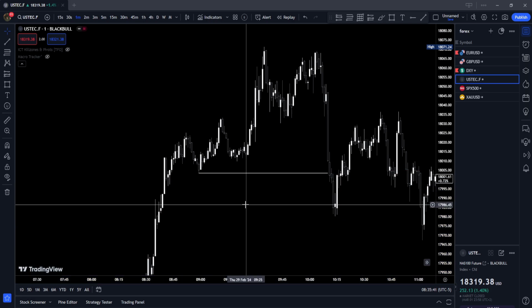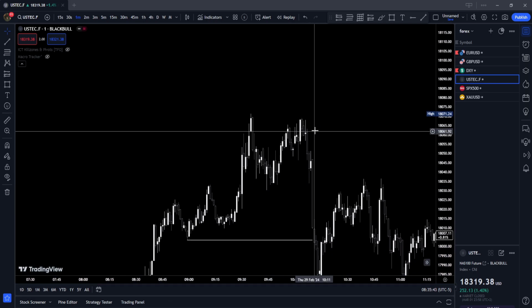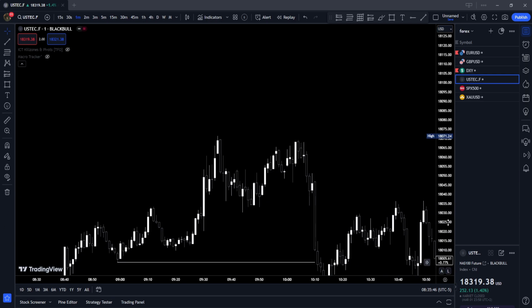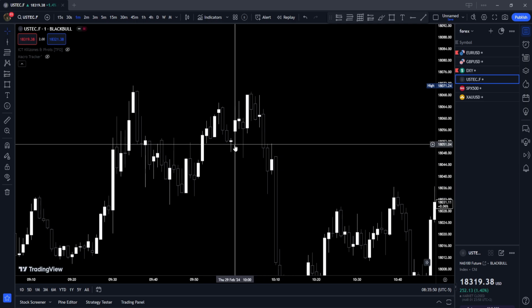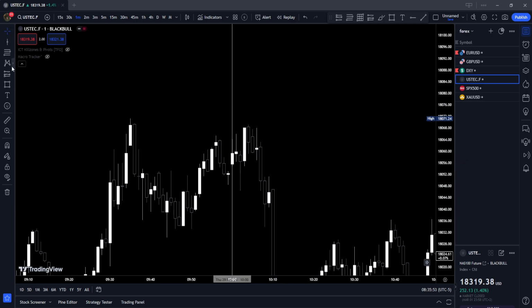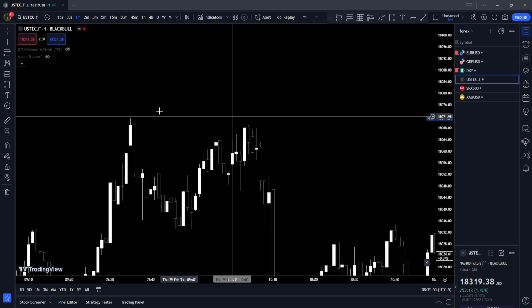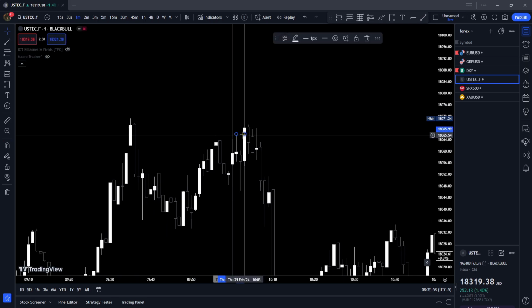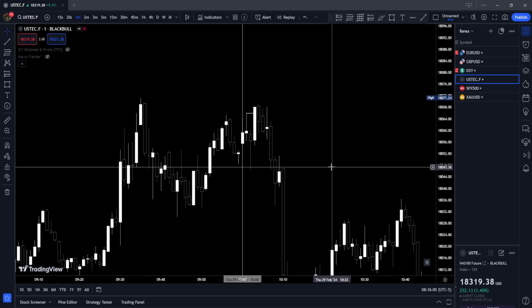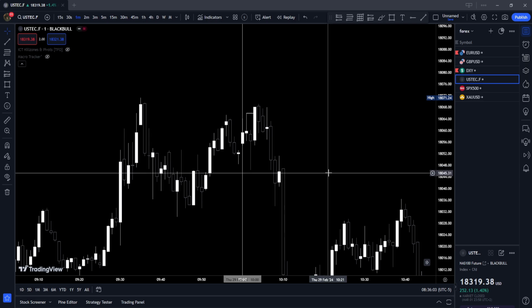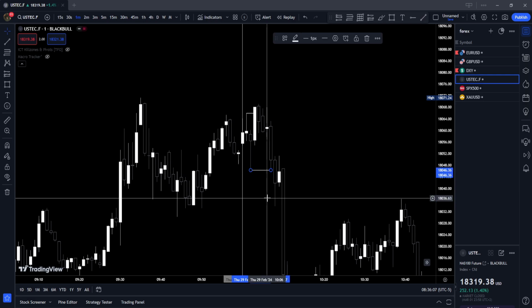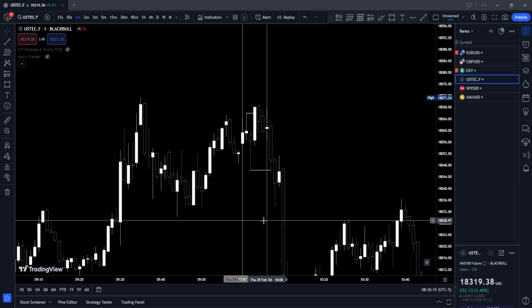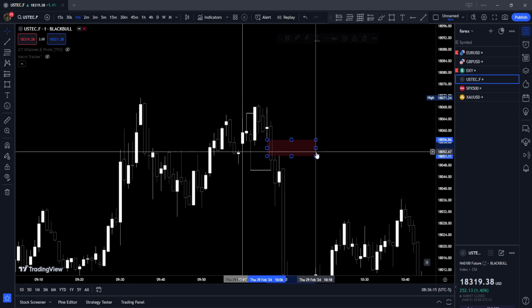At minimum, this is a low hanging fruit you should target. So what do we see here after taking out the buy side at 10 a.m.? Let's mark 10 a.m. From this range, we see price taking out this short-term high right here and this short-term high here as well. After taking out that short-term high, where is the market structure shift and where is that low for the market structure shift? Here, this is a swing low that we formed and we had a displacement below it. We're leaving a fair value gap behind as well.